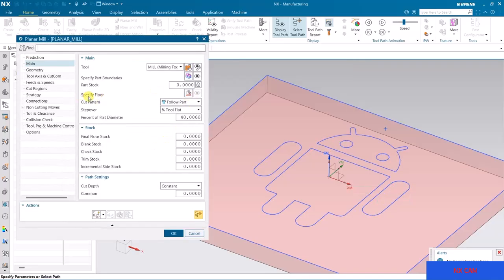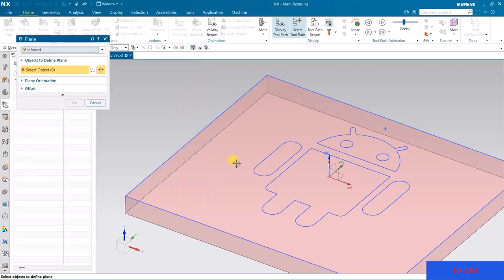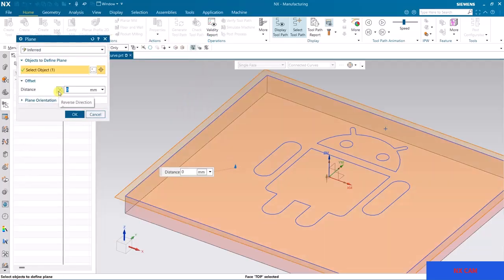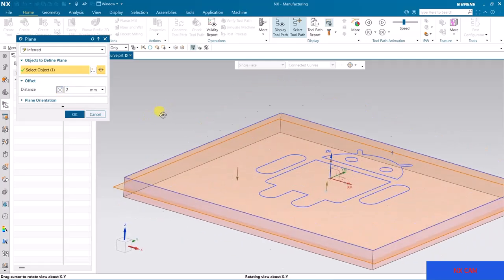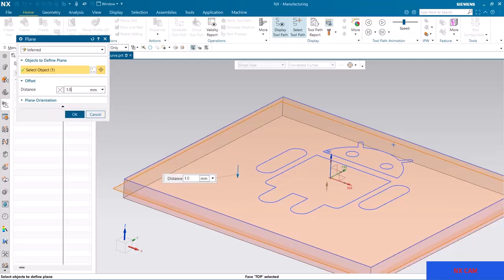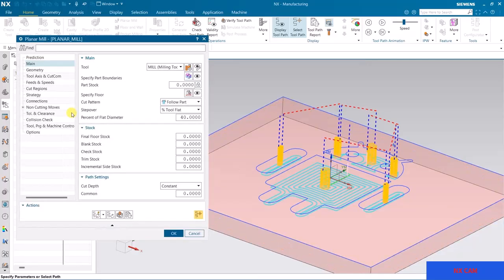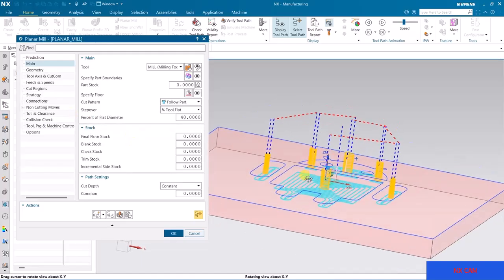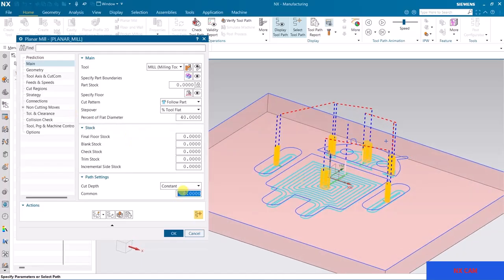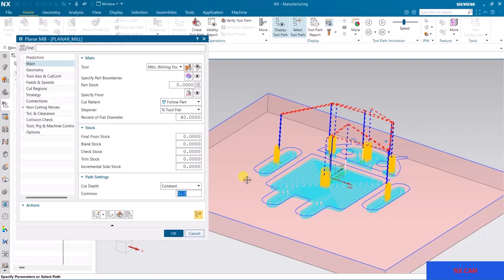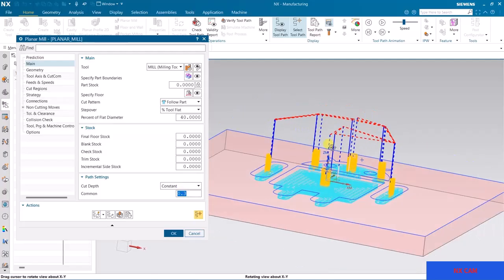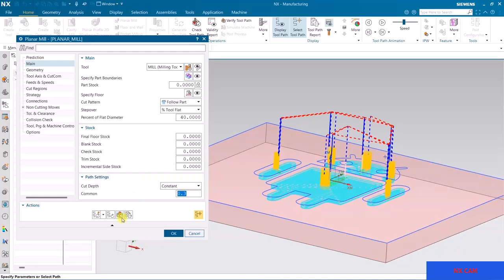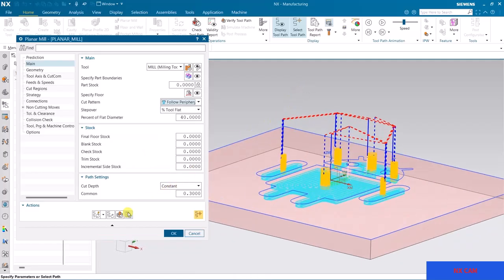Now we need to define the floor. So floor is 2 mm below, right? So this is the depth, or if you want you can enter 1, OK, and you can see the tool path is here, and for the depth of cut I want 0.3, so the number of passes or depth of cut will come. I want to check it, so click here. We have follow part or follow periphery, depending upon which type you want, and generate,